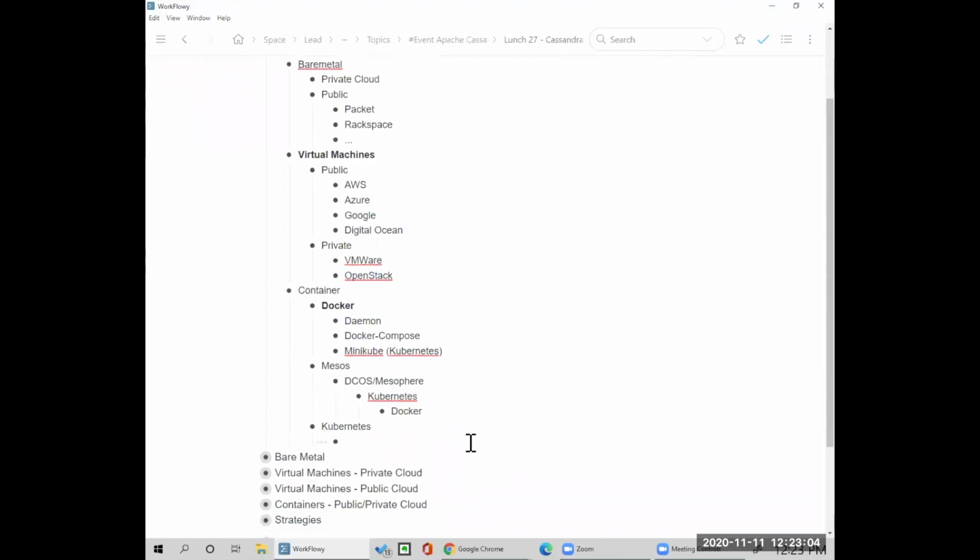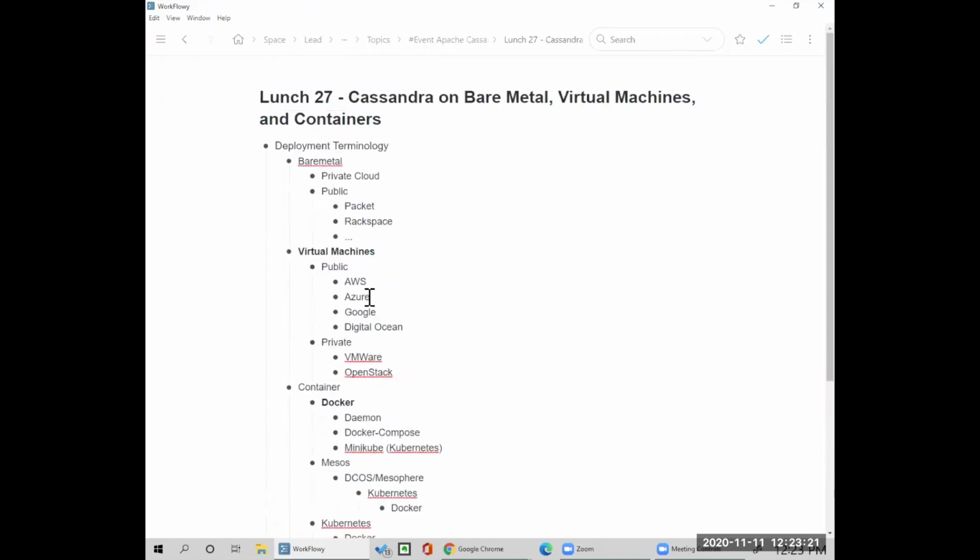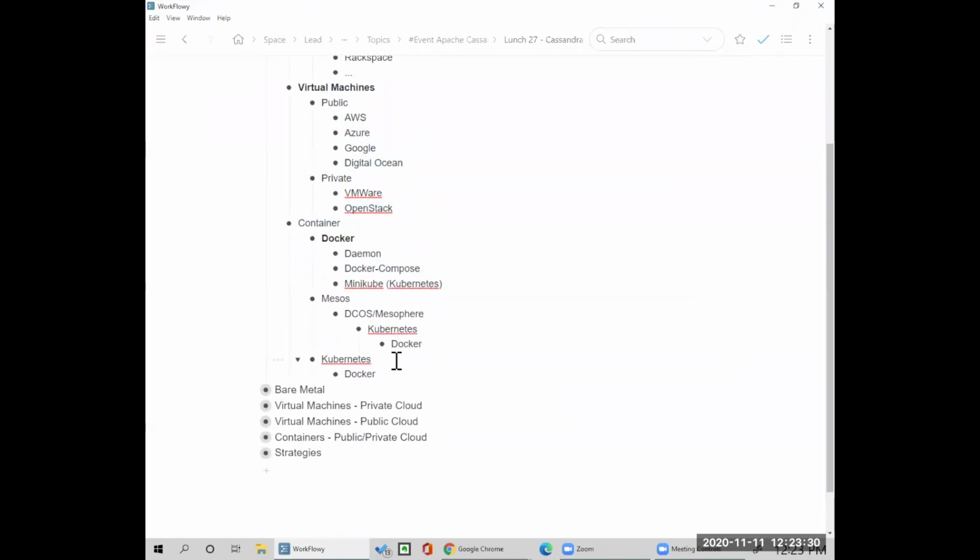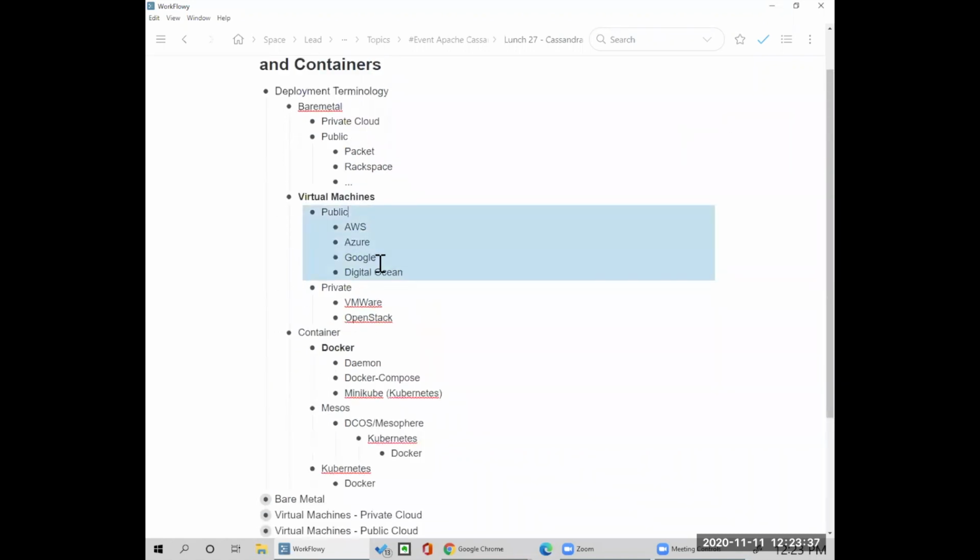Kubernetes is the winner of the distributed computing orchestration war, because not only is it available to you on your own bare metal if you install it, you can install it yourself on your public or private virtual machine cloud, or you can get it as a managed service on any of these.